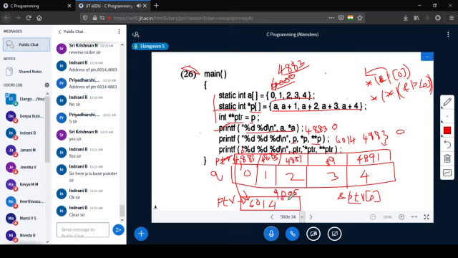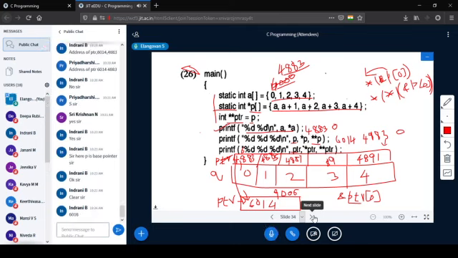When PTR plus plus has been done, PTR becomes 6016, correct? So that clarity is there. PTR becomes 6016 instead of 6014, correct? Got it, everyone?